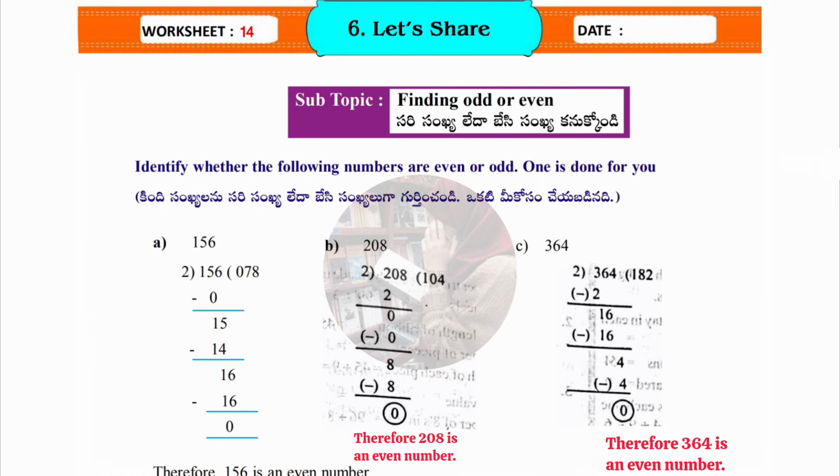So 2 ones 2, 2 8s 16. Then 2 2s 4. We are left with 0 as remainder. So therefore the given number 364 is an even number. Okay, let's do the fourth one, which is